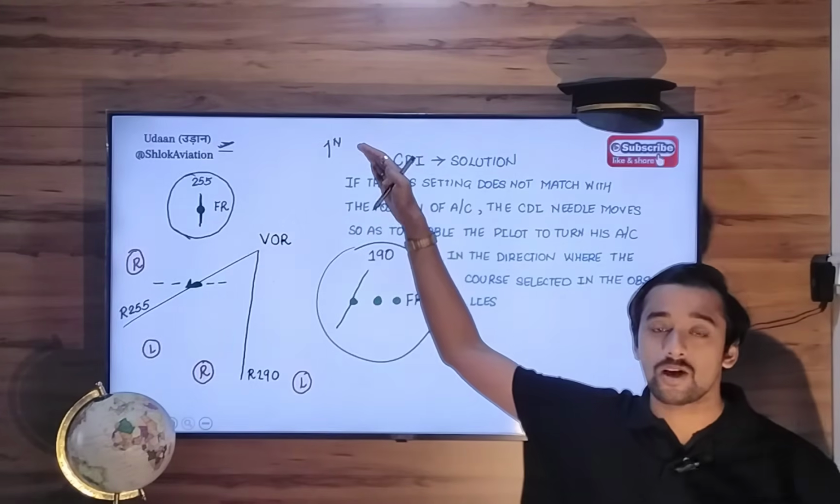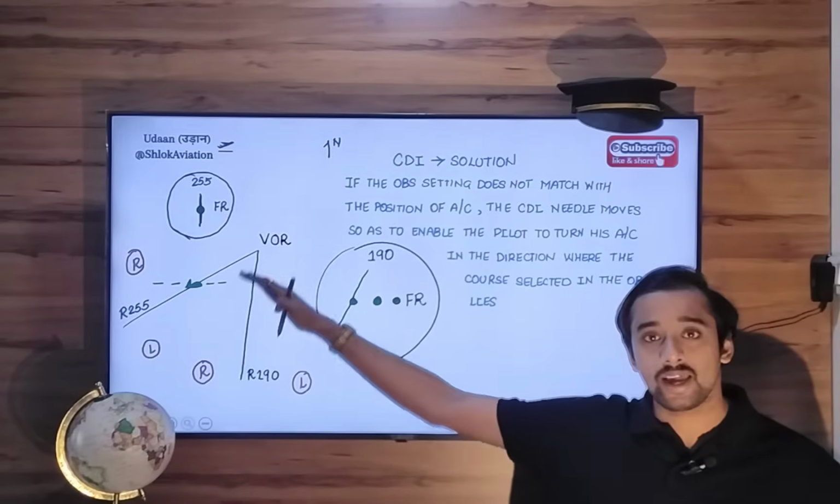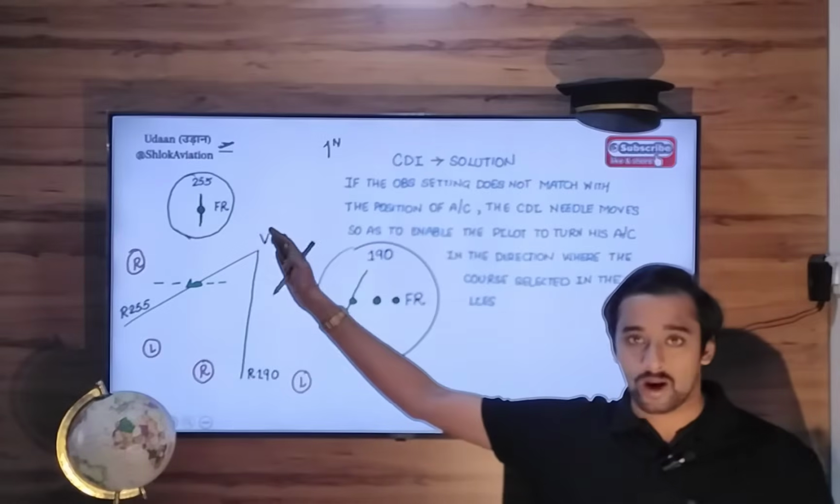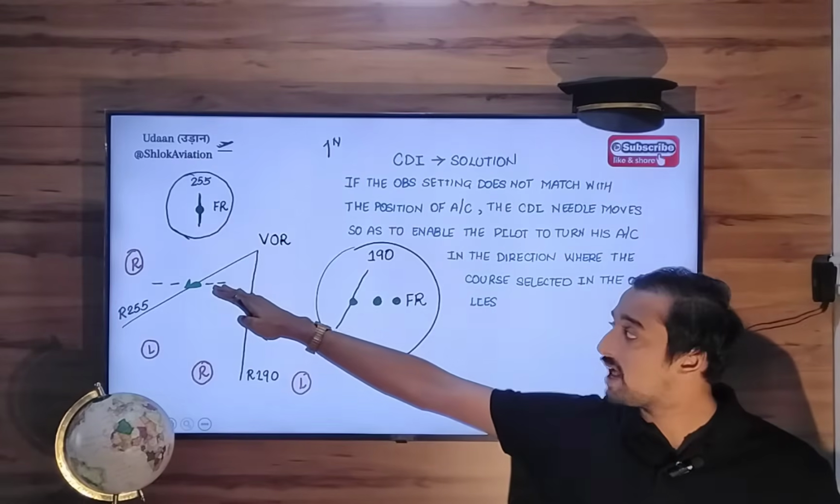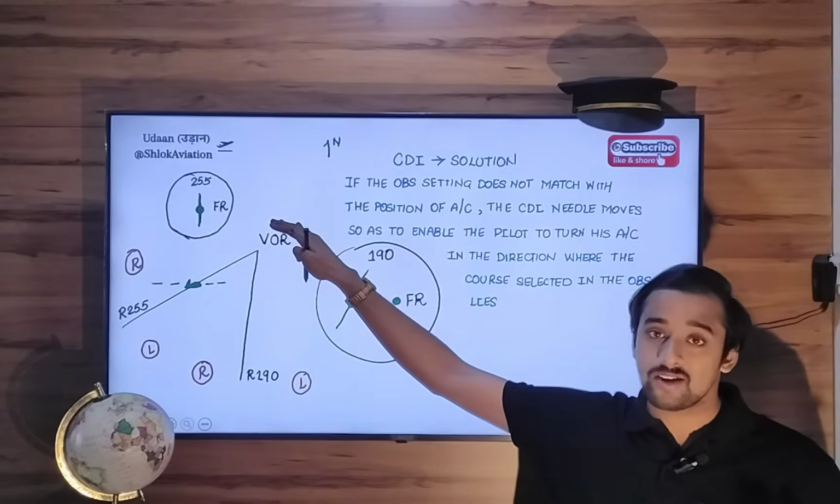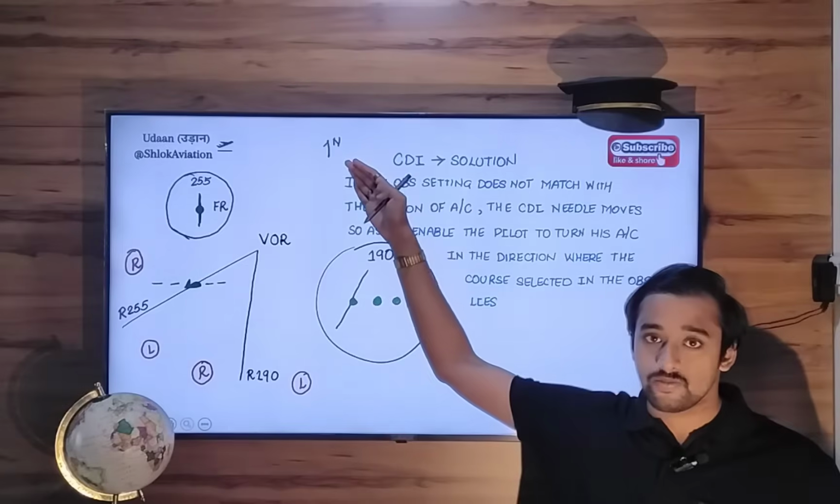In that case we would have gotten a to indication, but when you are on this side of the VOR we will get a from indication because the aircraft is on this side of VOR. To get a to indication we will have to go towards the VOR like this, and for that we will have to put courses which are on that side of the VOR. Okay,